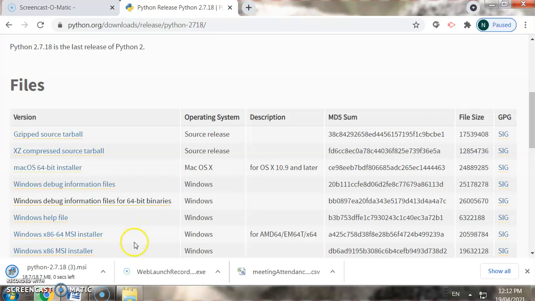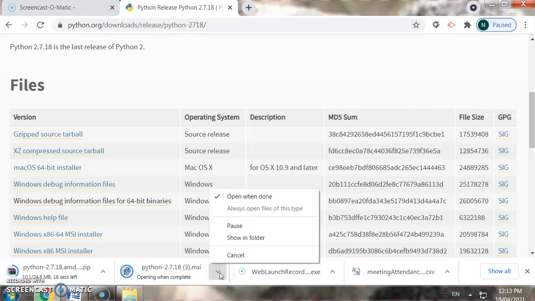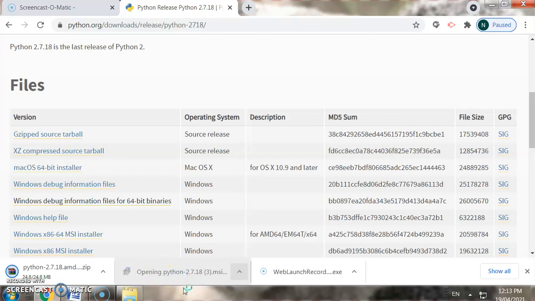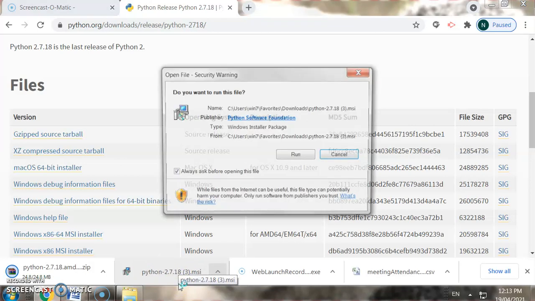So wait for a minute. When this is completed, it will directly open. Yes, the setup is here.